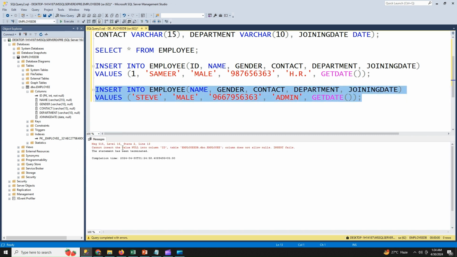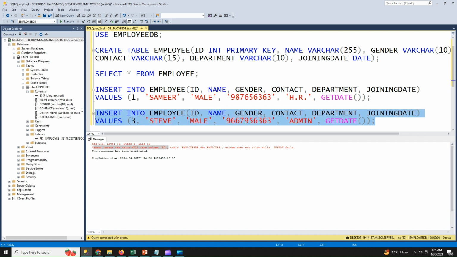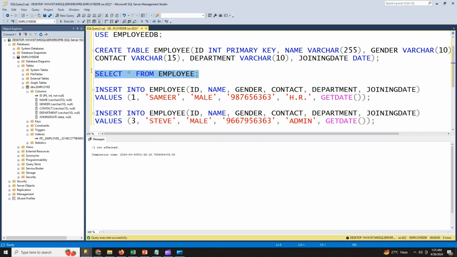I got an error, cannot insert the null value into column ID. So I will take here ID and will take 3. It has been inserted. Let's check this one.